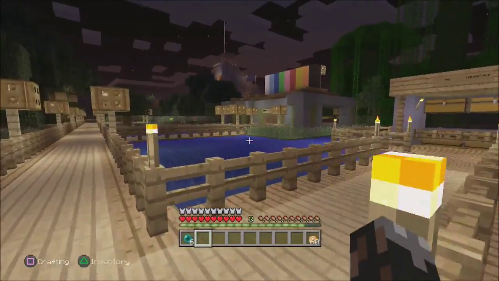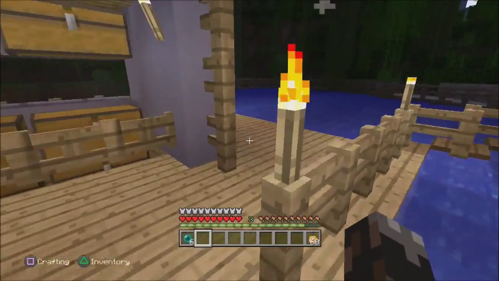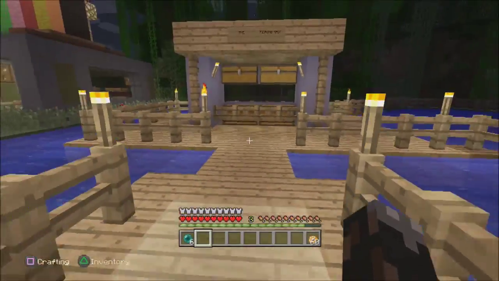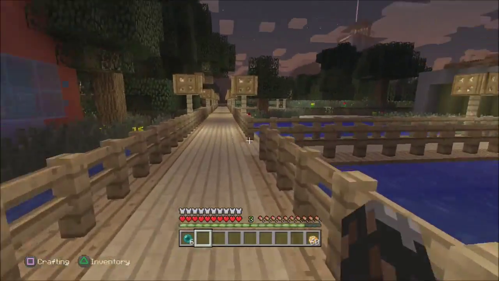So over here, it's called the fishing spot, and I didn't know a better name for it. Basically, this is a little pond that you can just fish in, and I mean, I don't know. It's kind of just a space filler, just one more building. And then over here